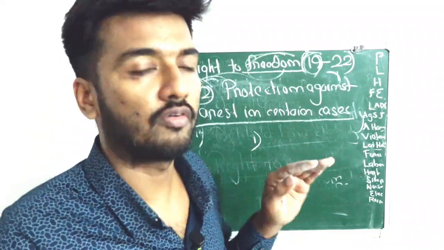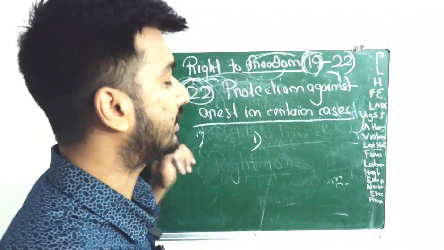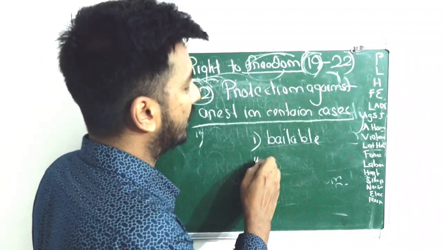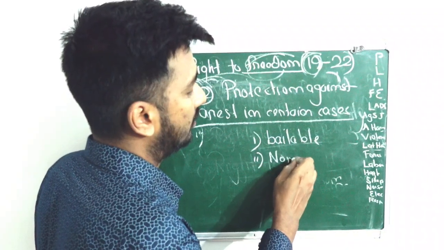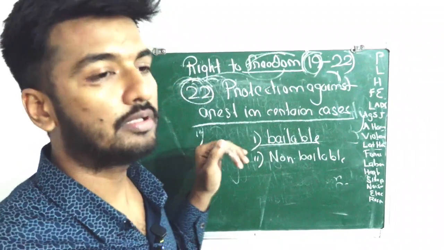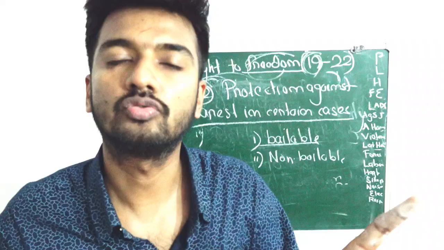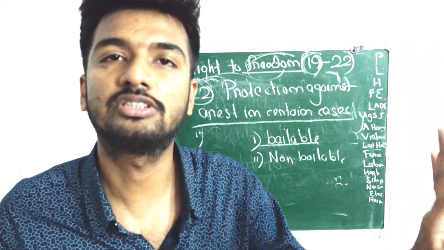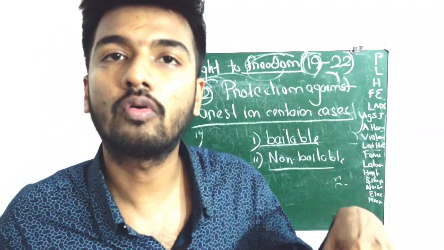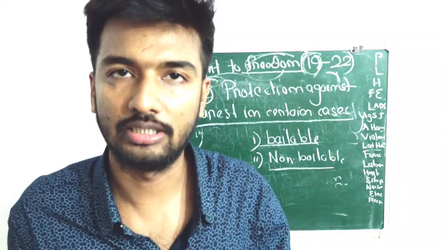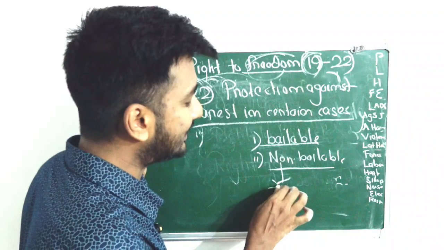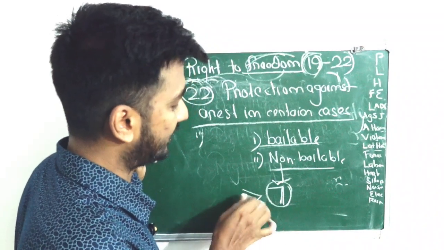the offenses which you have committed may be bailable or non-bailable. What is bailable? Bailable means you cannot be forwarded to judicial custody. What is judicial custody? It means jail. Now what is non-bailable? Non-bailable means you will be forwarded to judicial custody, that is, jail. Now if it is non-bailable and the punishment is 7 years or less than 7 years,